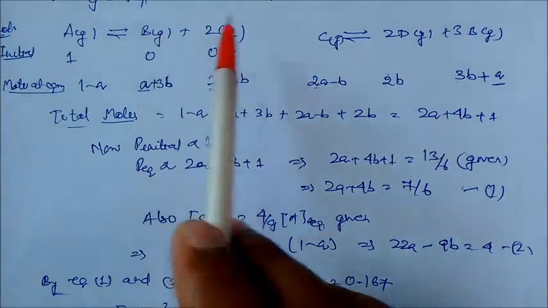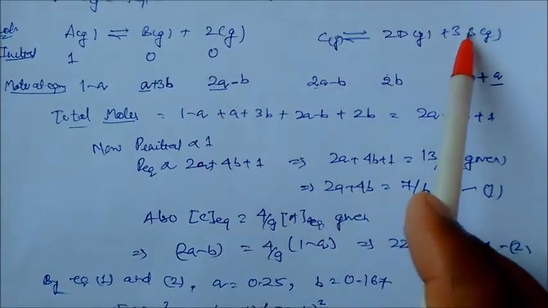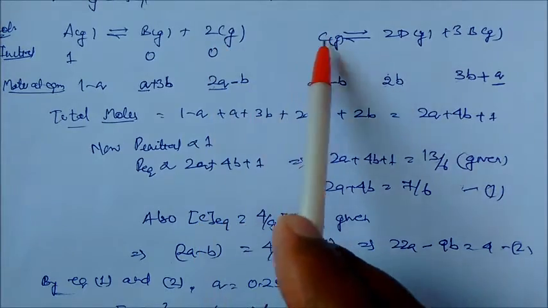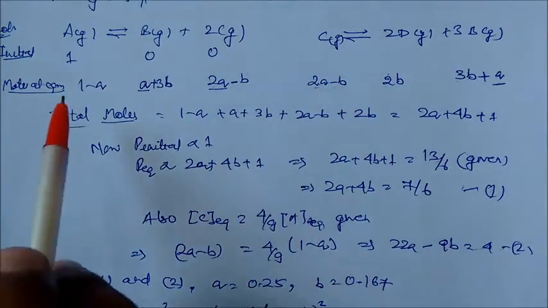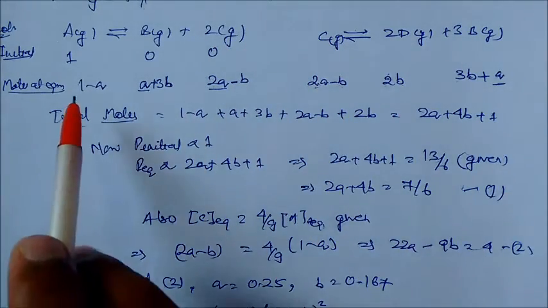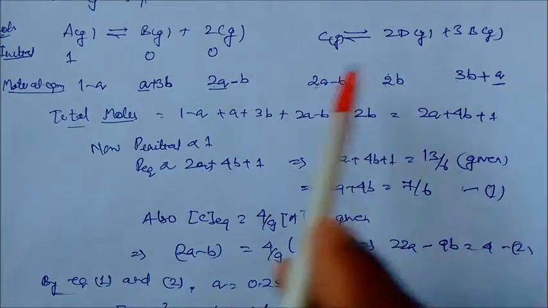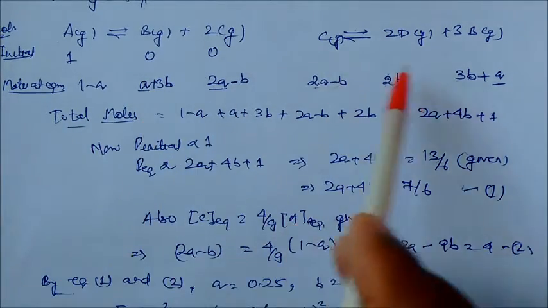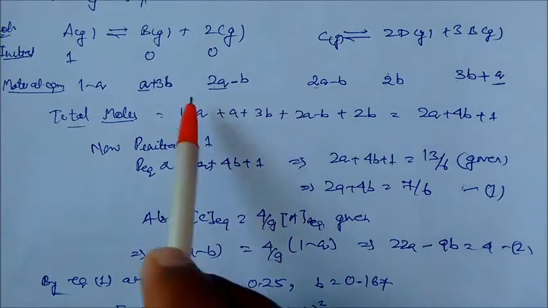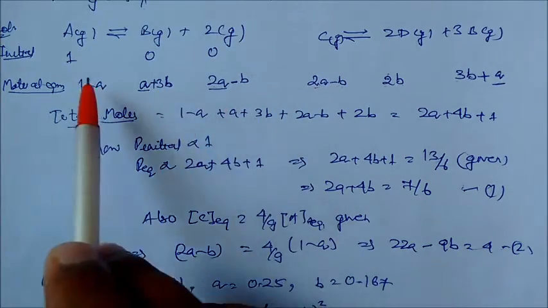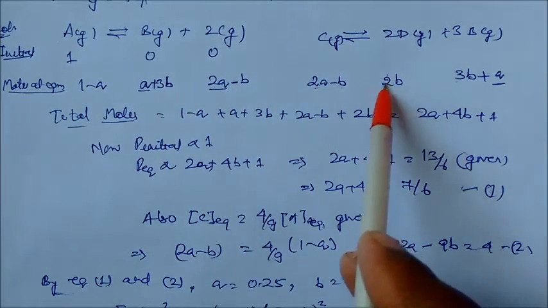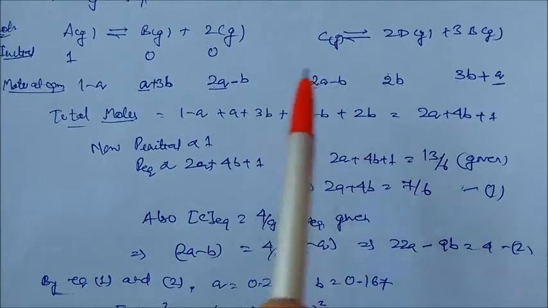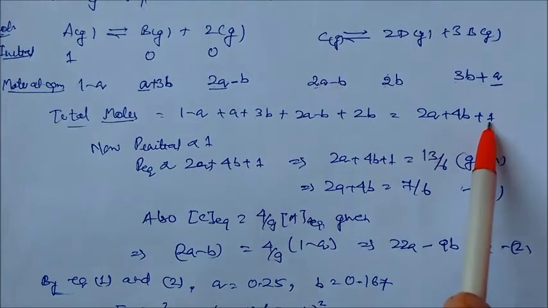So now the pressure of this B and the pressure of this B will be equal, and the pressure of this C and the pressure of this C will be equal to each other. So these are the number of moles. So total number of moles will be the sum of all. Since this is common, remove the common one. So these two will be common. So you take 1, 2, 3 and 4. So total will be 2A plus 4B plus 1.